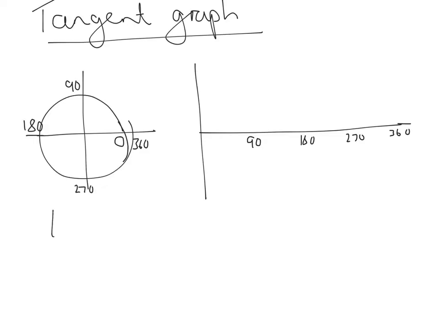Right, so the tan of 0 works out at 0. When we take the tan of 30, we get 0.577. So we will go for about there. When we take the tan of 60, we get 1.732. So already we're looking at